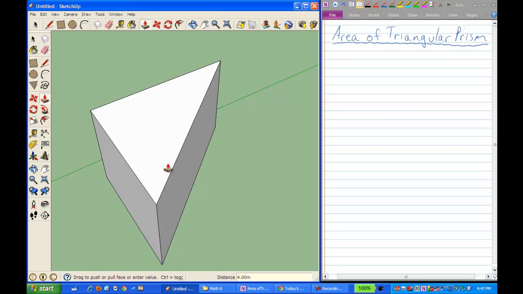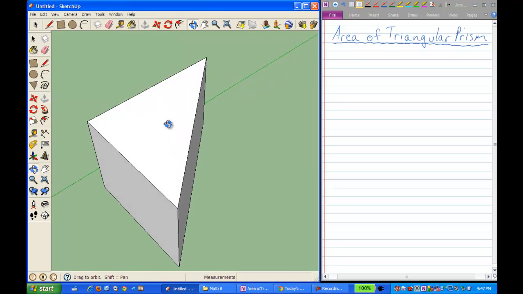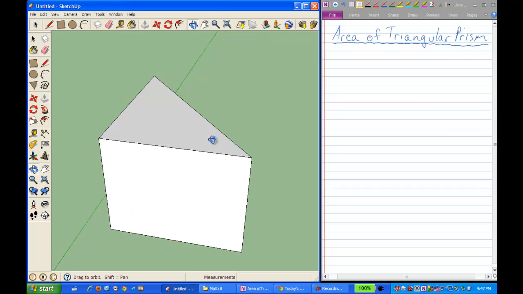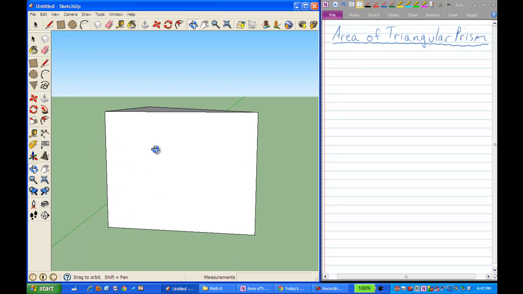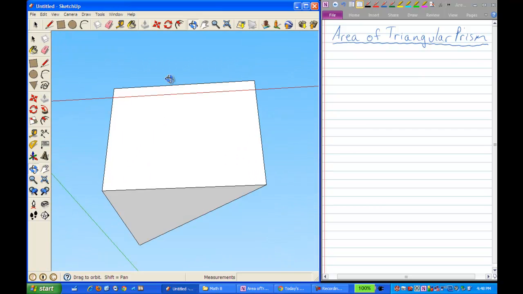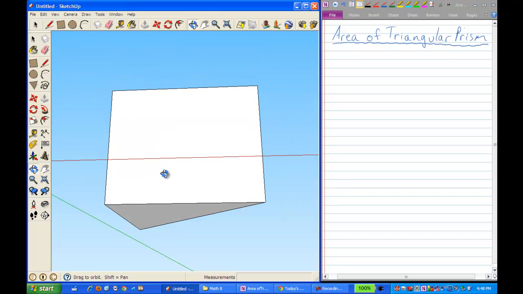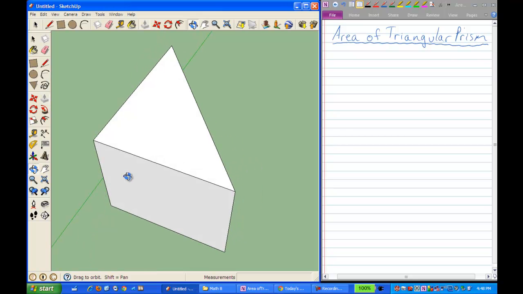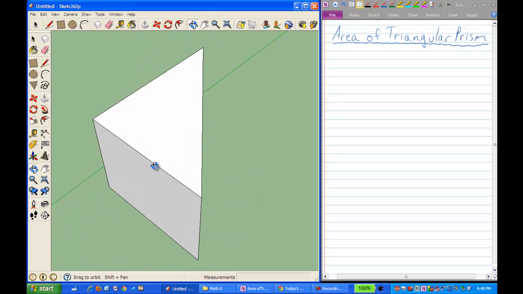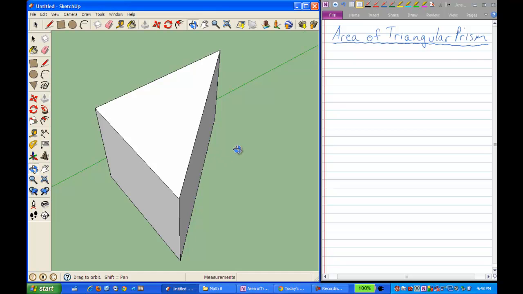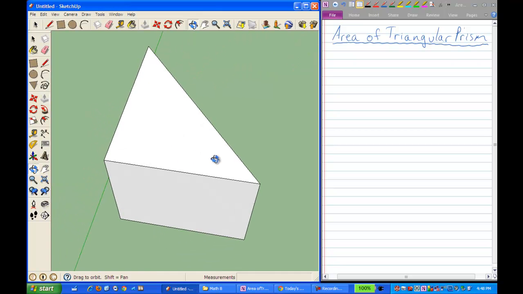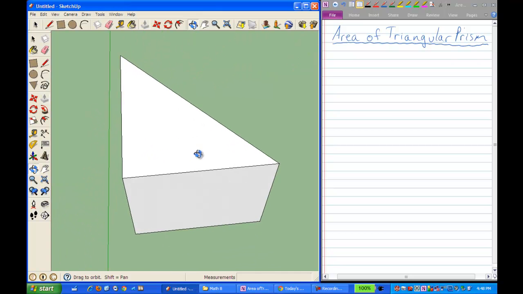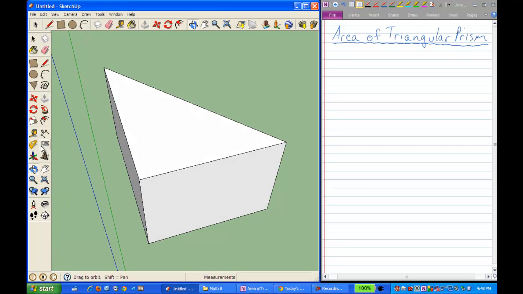and hitting enter. And now you can see that I have a triangular prism, and my top and bottom triangles are the same, alright? And I have 3 separate rectangles that are all different. So what I need to do is all the measuring first before I go on to anything else. So I'm going to grab my dimensions tool here,